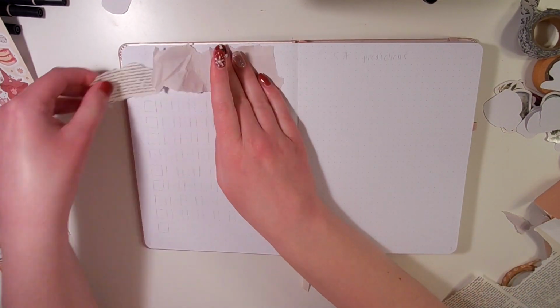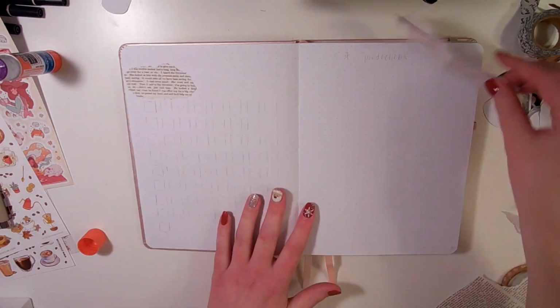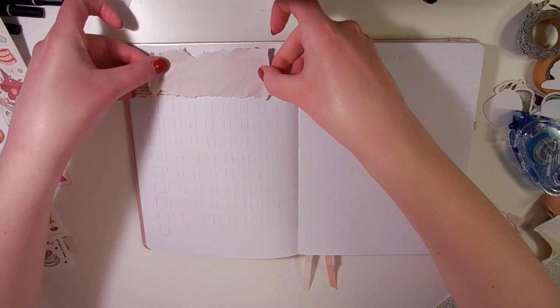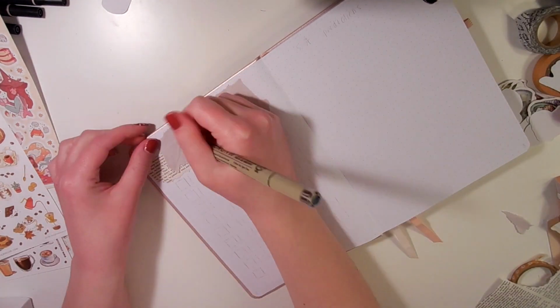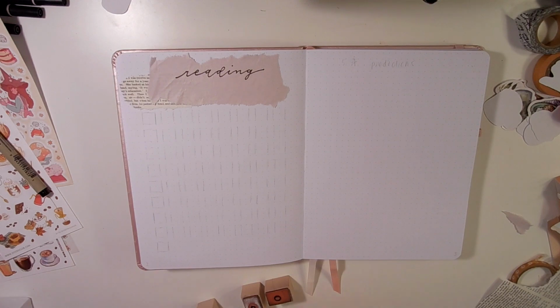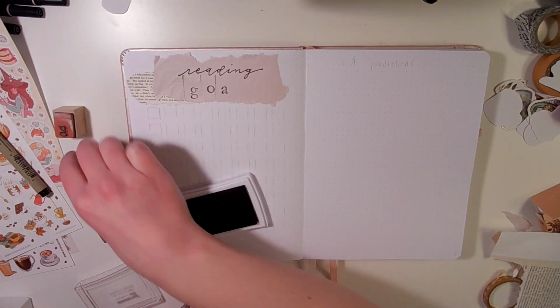So the next spread is going to be where I keep track of my reading goal for 2022. So I decided to set my goal for 65 books. That's what I'm going to try to read in 2022. I am pretty confident I will be able to reach that. I have read over 65 books the past couple of years, so I figured that that would be a goal